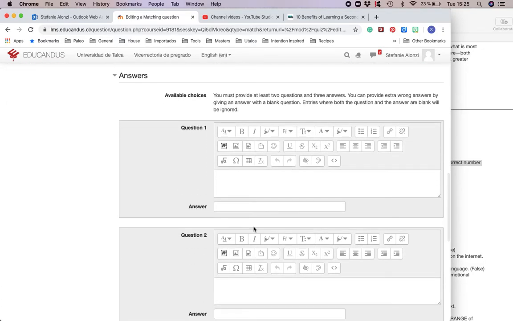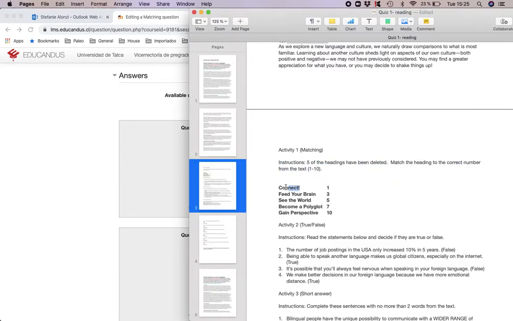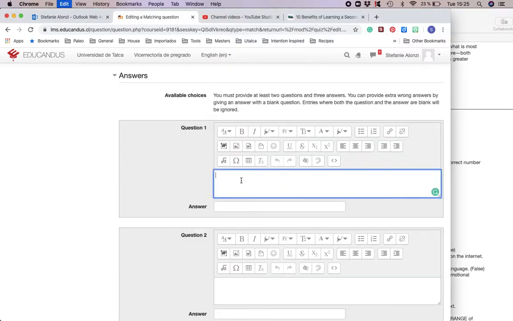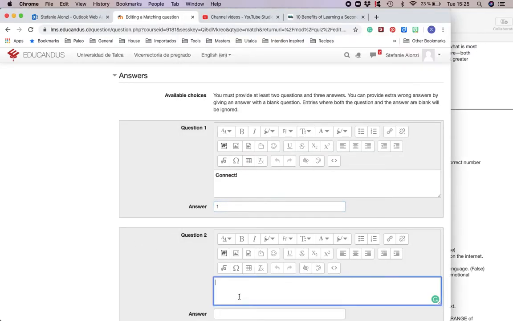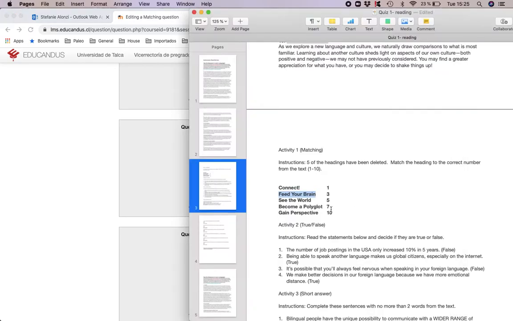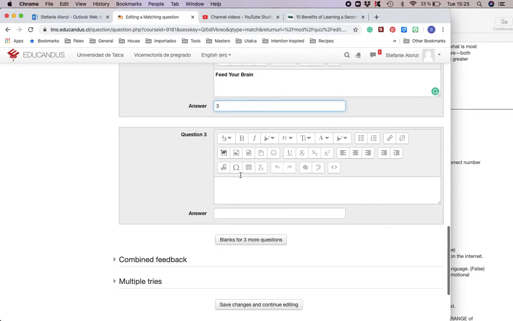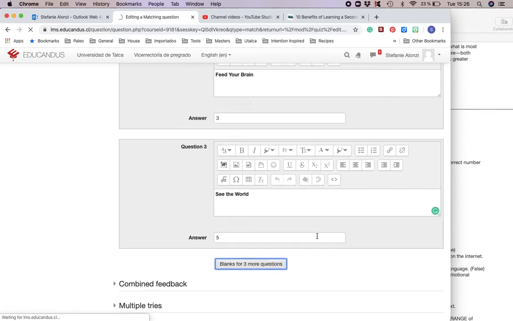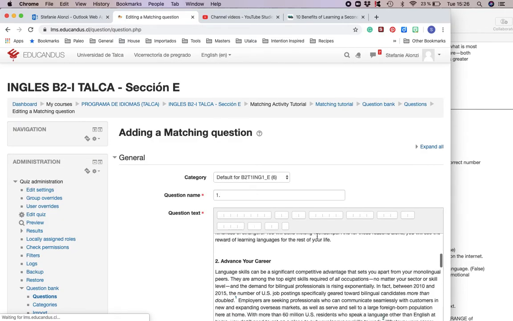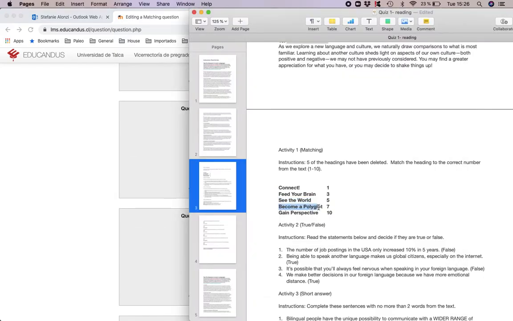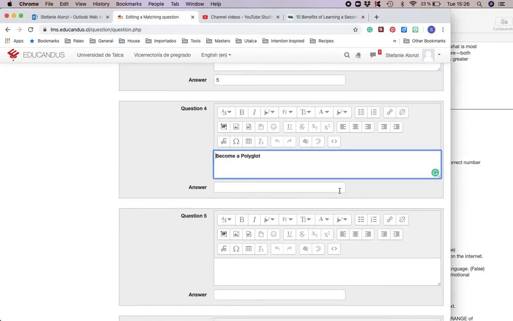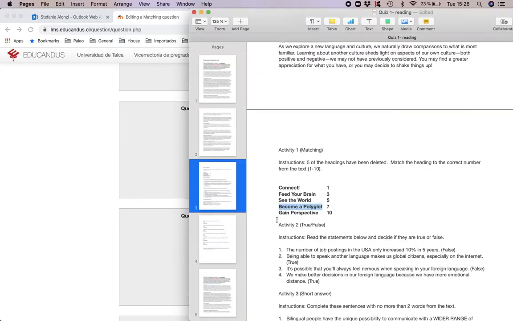Okay, so now for my answers. I just need to copy paste my answers here. So the first heading is connect and the answer is number 1. And I go down my list. This is from paragraph 3. See the world. Paragraph 5. If I run out of spaces, I can click blanks for 3 more questions and it should load more. Here we go. And I continue from paragraph 7 and the last one